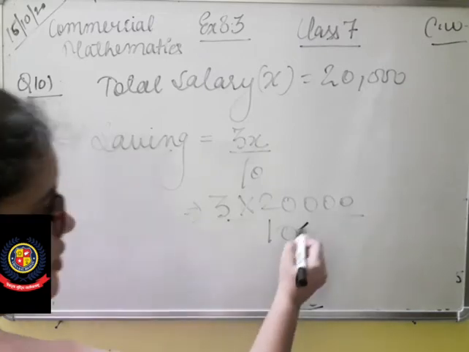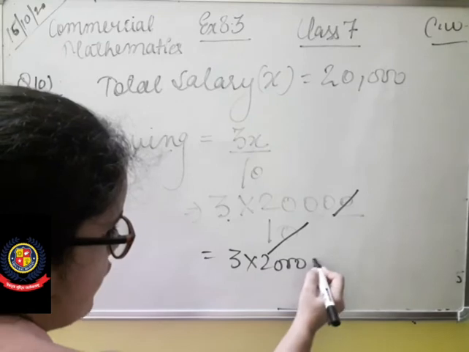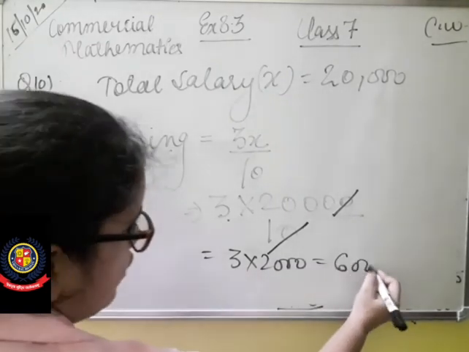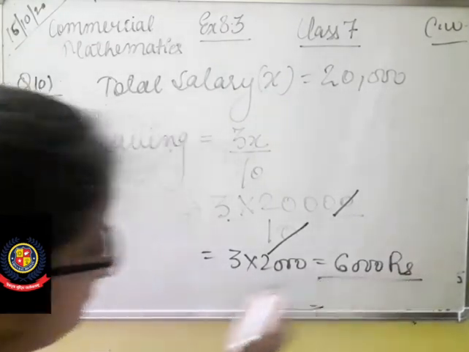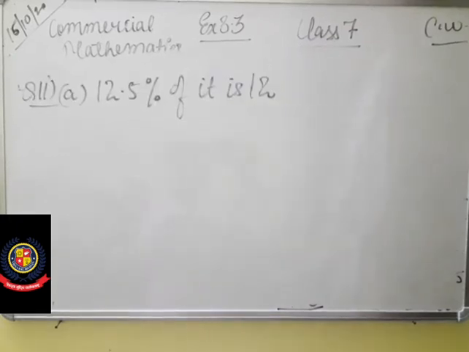So you will cut this 0 and this 0. What is left? 3 into 2,000. So 3 2s are 6 and 1,000. So 6,000 rupees वो सेव करता है अपनी सैलरी का, जो 20,000 उसकी सैलरी है उसका 6,000 वो सेव करता है, सेविंग करता है। ओके, सो क्वेश्चन नंबर 11, फाइंड द होल क्वांटिटी इफ। होल क्वांटिटी आपको फाइंड आउट करनी